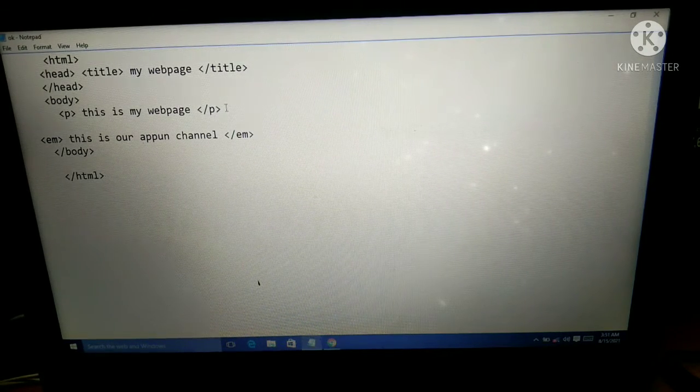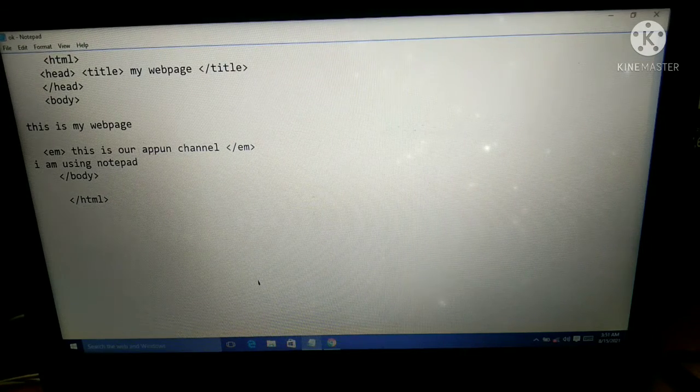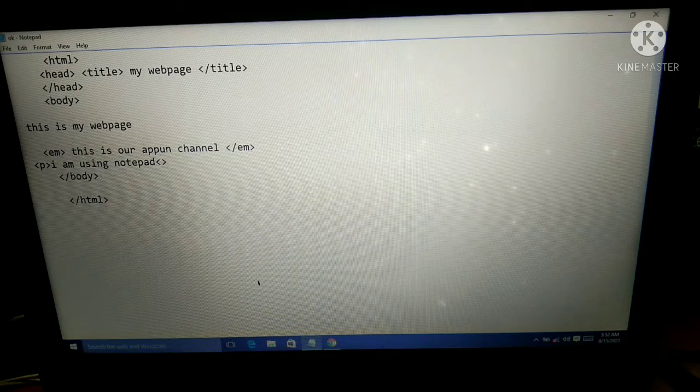If we cancel the paragraphs here, this enter, and using notepad, I'll just write the P for paragraph, and then I will close the paragraph. So I'll save it again.